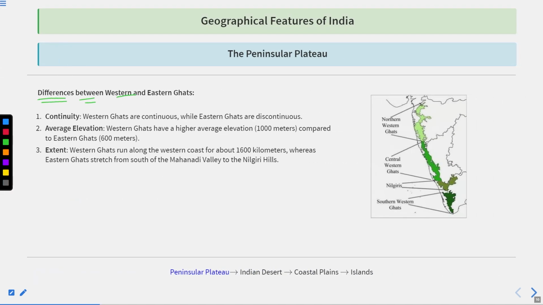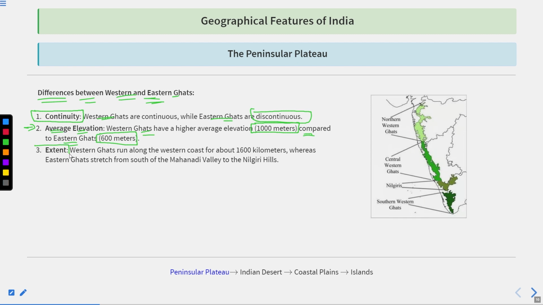If we talk about the difference between the Western and the Eastern Ghats, first is continuity. The Western Ghats are continuous while Eastern Ghats are discontinuous. It means various rivers intersect the Eastern Ghats from time to time. If we talk about the average elevation, the Western Ghats have a higher average elevation of 1000 meters